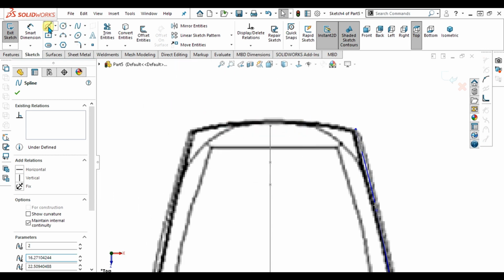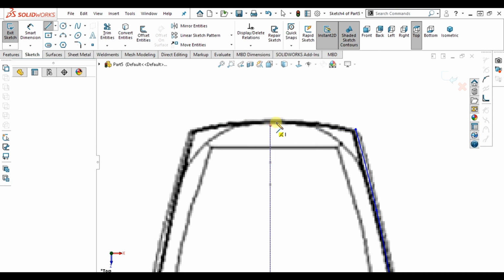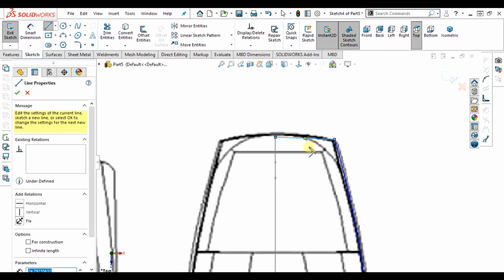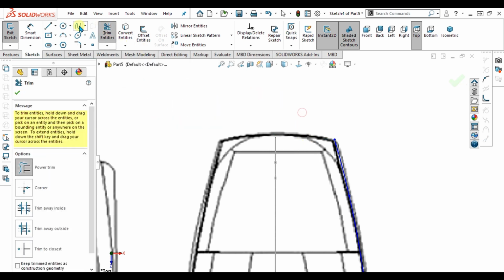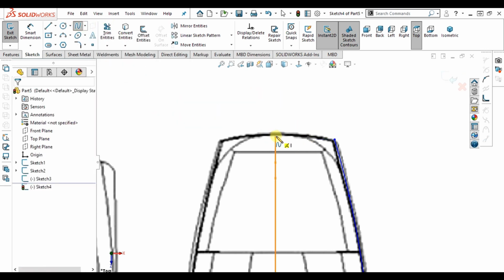And now I am going to attach these two lines like this, or you can also use the spline to give it the curve like this.